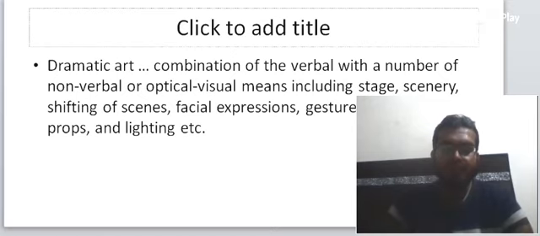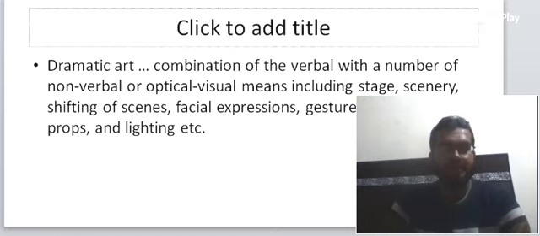Verbal here refers to the use of language. Now, use of language is common to all genres of literature, but dramatic art brings in more elements like non-verbal or optical visual means. For example, stage, scenery, shifting of scenes, facial expressions, gestures, makeup, props and